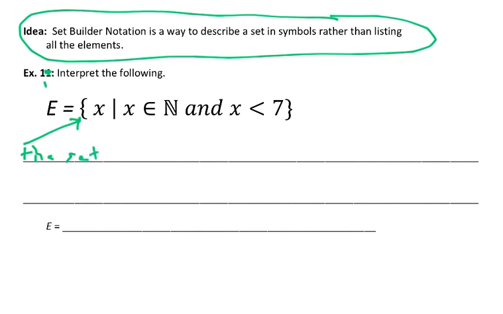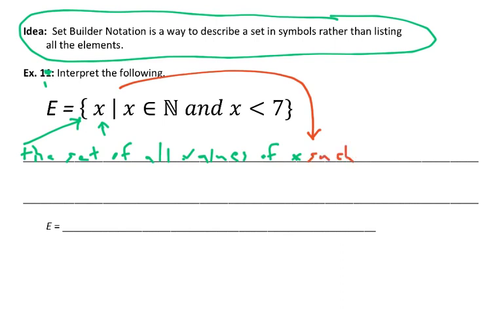And then the way you read this is the set of all values of x. This symbol, this vertical line, can be thought of as shorthand for the phrase such that. So the set of all values of x such that